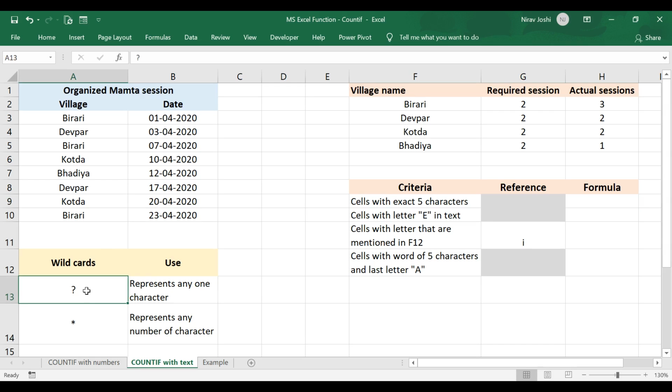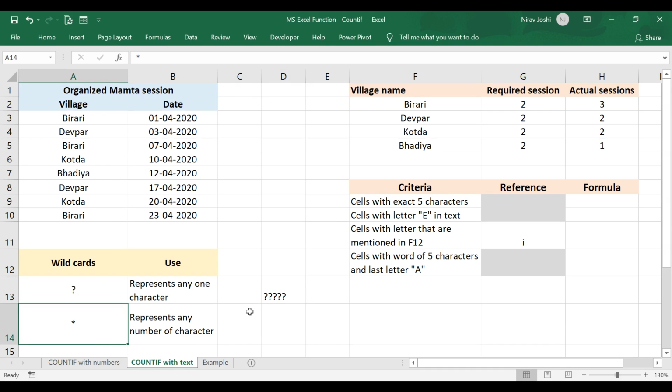First of all, the wildcard that is a question mark represents a single character. The single character can be anything from A to Z, but not a number. So any text which has 5 characters can be represented like this. This can be any word. It can be apple as well or it can be well as well. So any 5-letter word can be represented with 5 question marks.